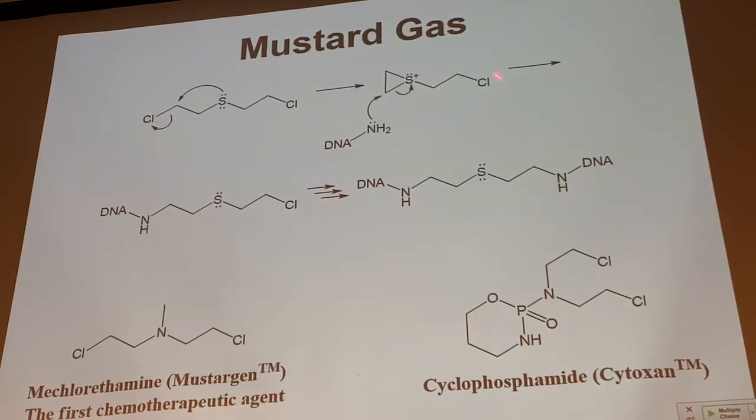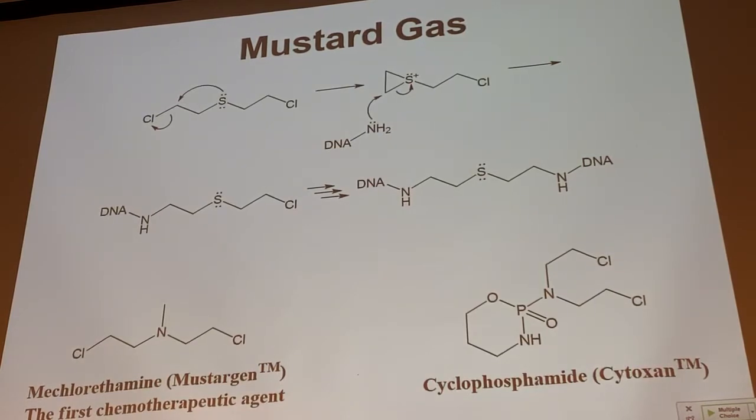And then because mustard gas has a second leaving group, the same two steps can occur. We can do our intramolecular SN2 reaction, forming that three-membered ring, followed by the intermolecular SN2 reaction using another strand of DNA. And what we end up with is a cross-link. We're either cross-linking two strands of DNA, or we're forming a cross-link on one strand of DNA. The end result is the same. We're preventing that DNA from replicating. Okay? If we're cross-linking our DNA, we cannot replicate the DNA, and so we're preventing cell division,